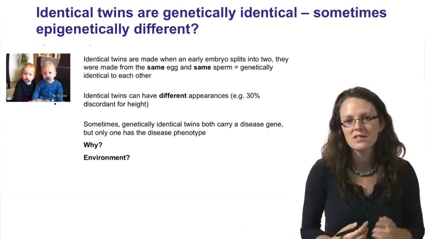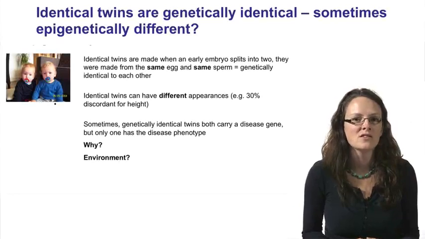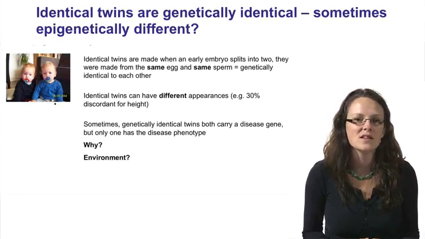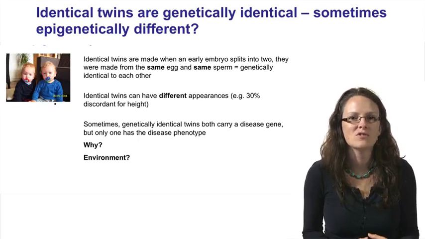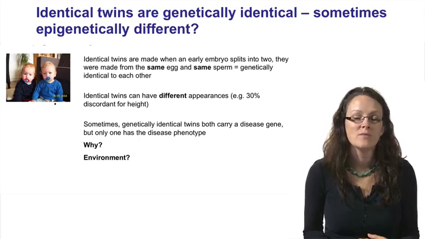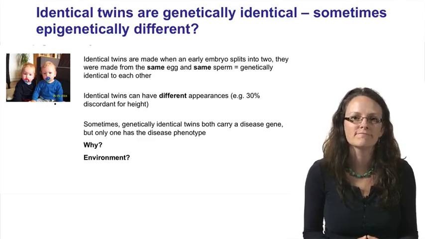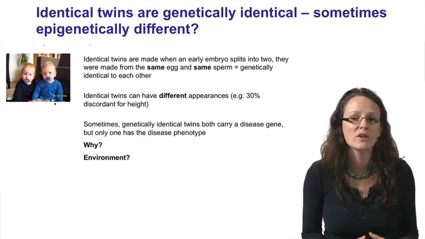So what's interesting in this light is that identical twins can sometimes have different appearances. So these two twin little boys that you're seeing here don't really have different appearances. They look very similar. But we actually know if you take any particular phenotypic trait and you measure it, say for example height, which is obviously a nice quantitative trait, then about 30% of twin pairs will be different in their measure of height. The same is true if you look at almost any other trait that you can measure. And indeed it's also true for disease.